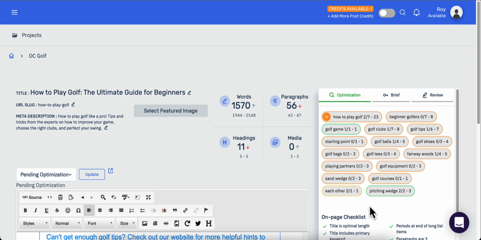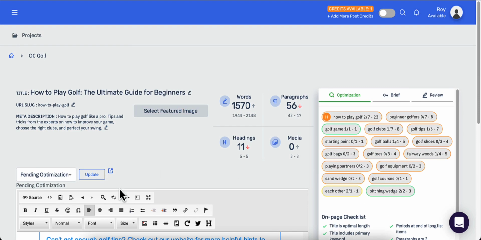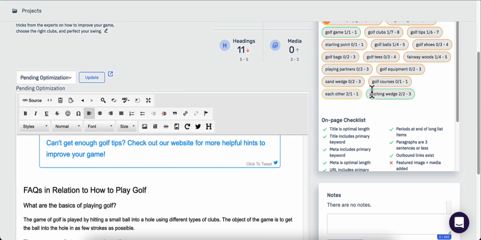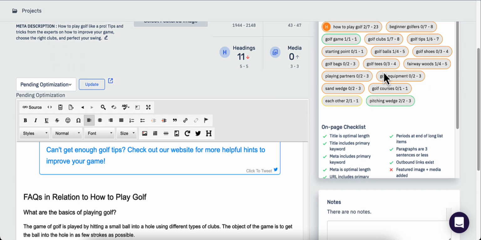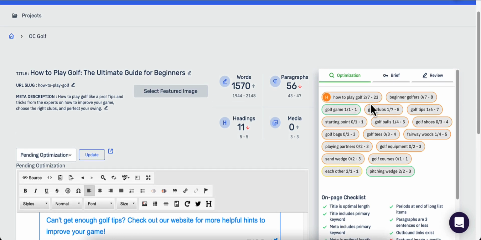But these other phrases and words, I can actually add to it, and it will make my on page a little bit better. So somewhere or other, I can add golf tees at 3 times, and it will make my on page better. I might be able to rank for golf tees, or I might be able to rank for golf bags, or golf balls or golf clubs somewhere in those. So it's telling you basically what you need to do for your on page to get your on page to rank a little bit better here.